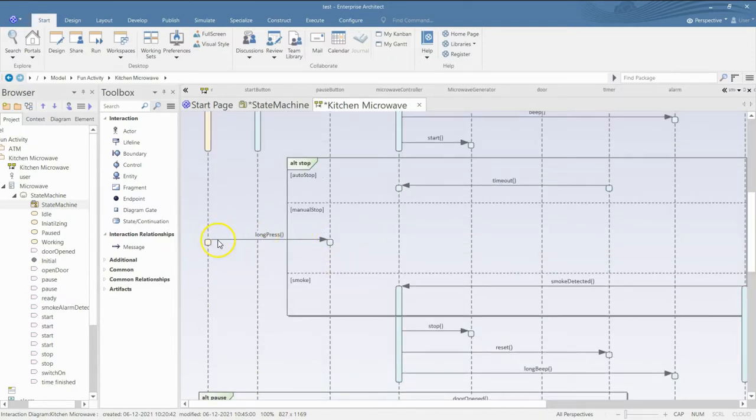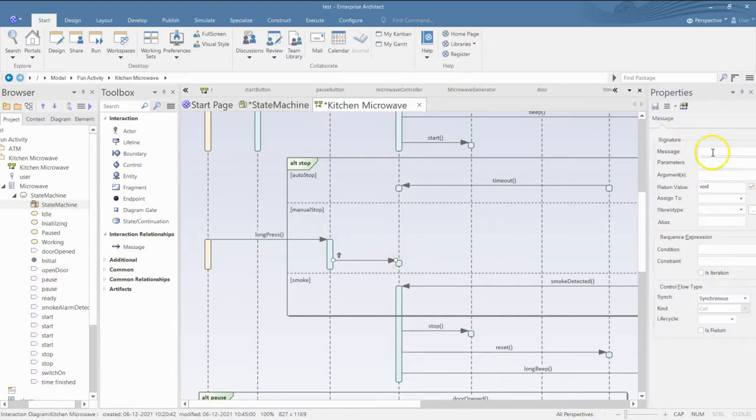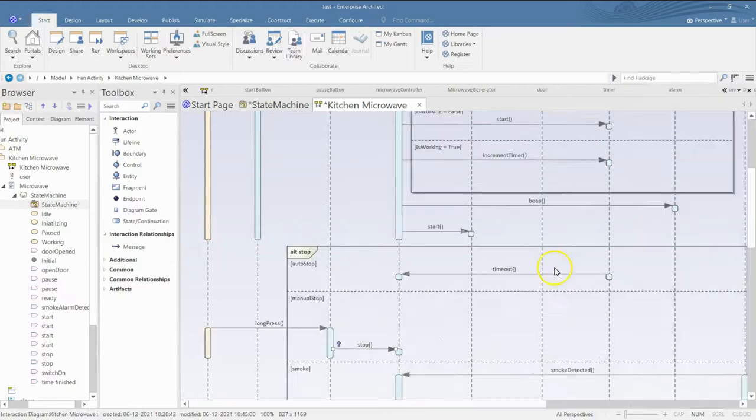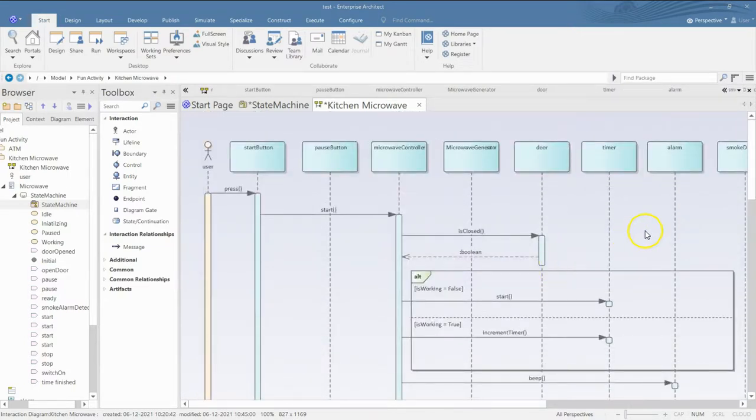The user does a long press on the pause button, and the pause button should inform the microwave controller. So this one message we missed, or rather I missed. So this would be stop, right? Stop.